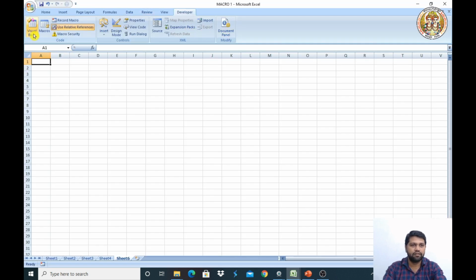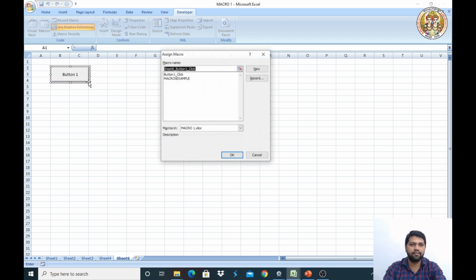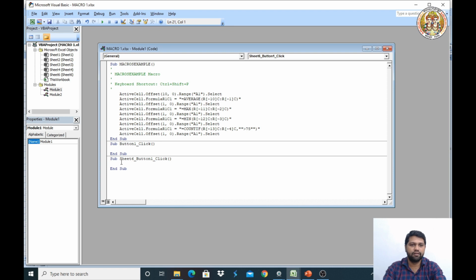Here we have the Insert option; click on this Insert button, drag it, click on New. So here in Sheet 6, Button 1 click, the same function we need to use. Afterwards we'll try the button.